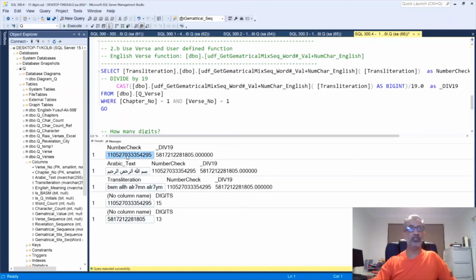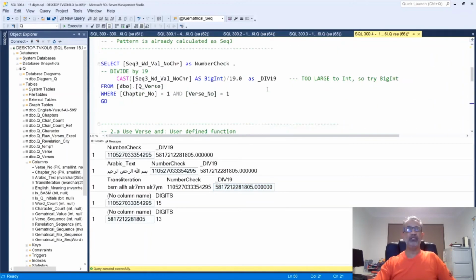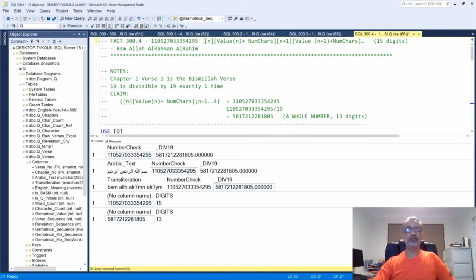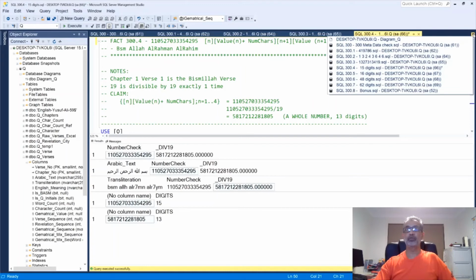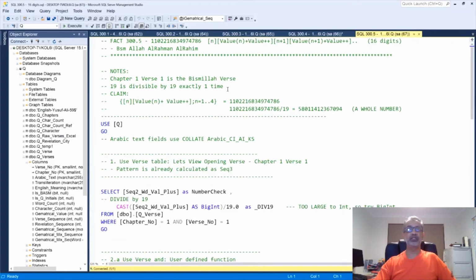So the number sequence this time is this number here, and it is divisible by 19, a 15-digit number which is divisible by that, exactly that number, and it's a 13-digit number now. So that's that claim done around that sequence of the number value, then the number of characters, and that sequencing. So moving along to much larger numbers, the 16-digit number he showed us is based on a pattern where